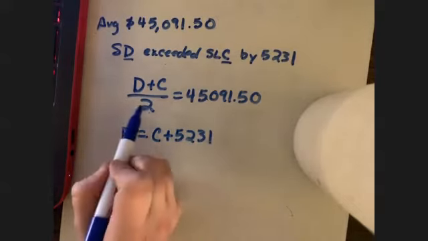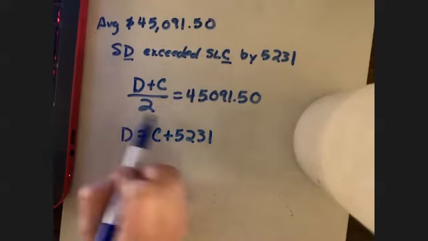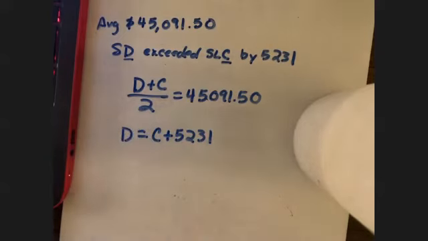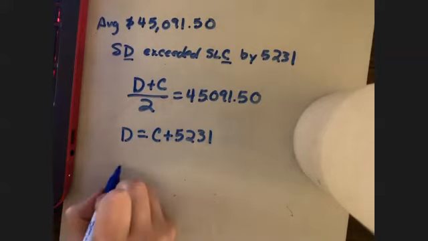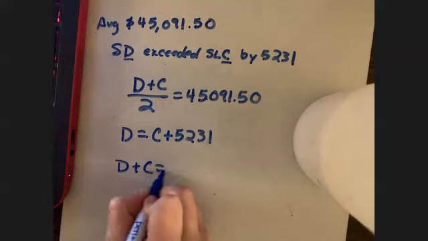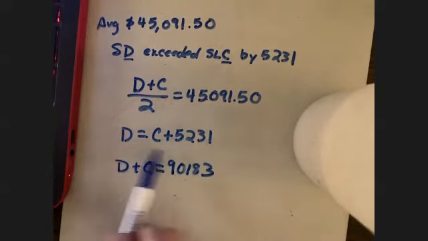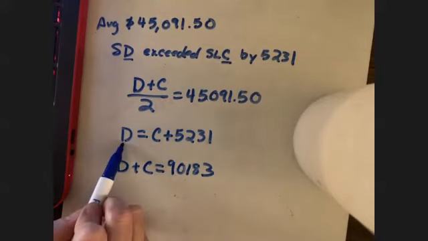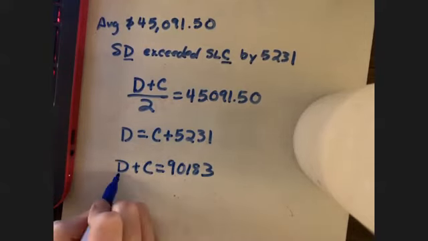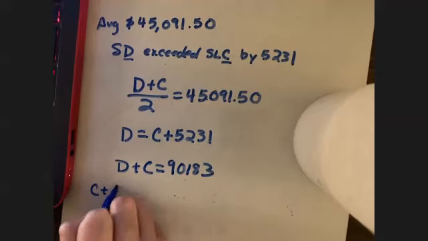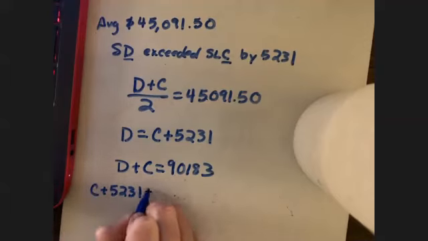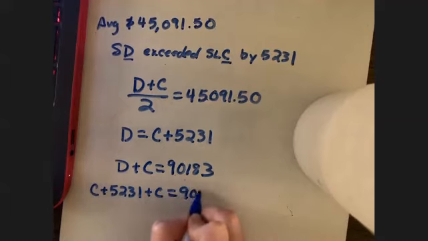For this top equation, just to clean this up, I'm going to multiply by 2 and get that 2 kicked over to the other side. Now, this is set up really nicely for substitution because I've already got D equals this. So I'm going to replace this. So I have C plus 5231 plus C equals